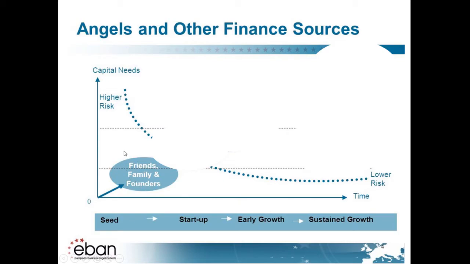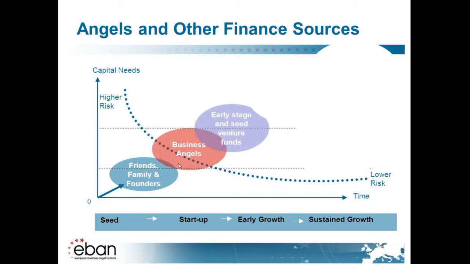In the seed stage, usually the risks are high, as well as the uncertainty about whether or not the business is going to work out. Here, the main source of funding is the entrepreneur's personal wealth and, of course, the help of friends' and families' resources. Later, with more time and in the startup stage, when there is some business model more defined, business angels and external investors